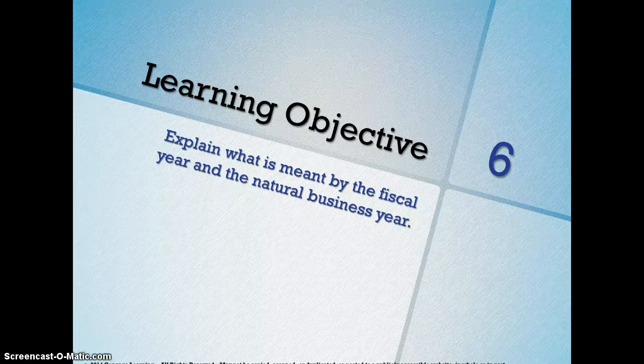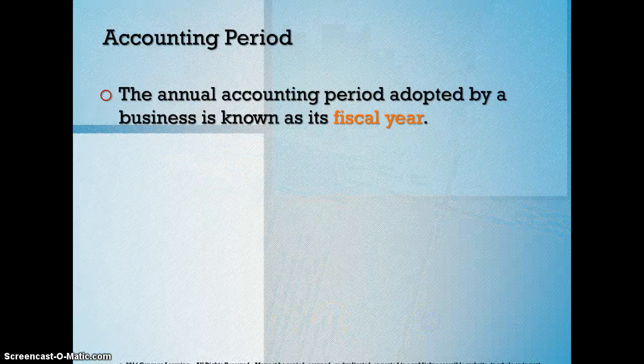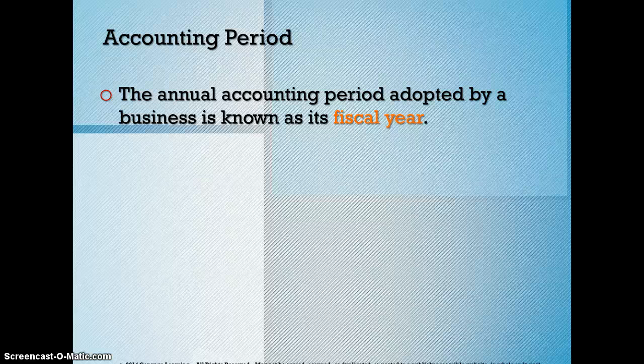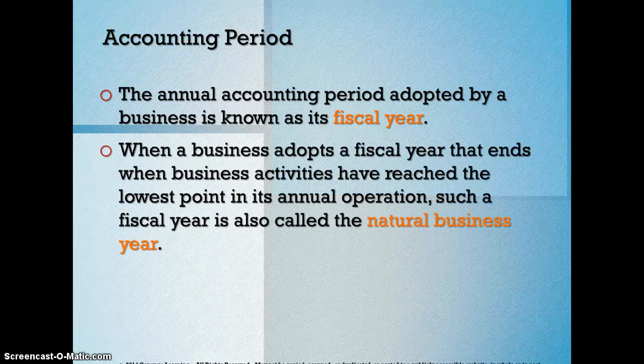Objective 6, explain what is meant by the fiscal year and the natural year of a business. We said that we do closing entries at the end of the year, and for each business, the end of the year can actually be different. It does not have to be December 31st. An annual accounting period adopted by a business is known as its fiscal year, and it can start and end on any date that they so choose. Usually they adopt what is considered their natural business year. So for retail businesses, their natural business year usually ends on January 31st after the rush of Christmas, because January is